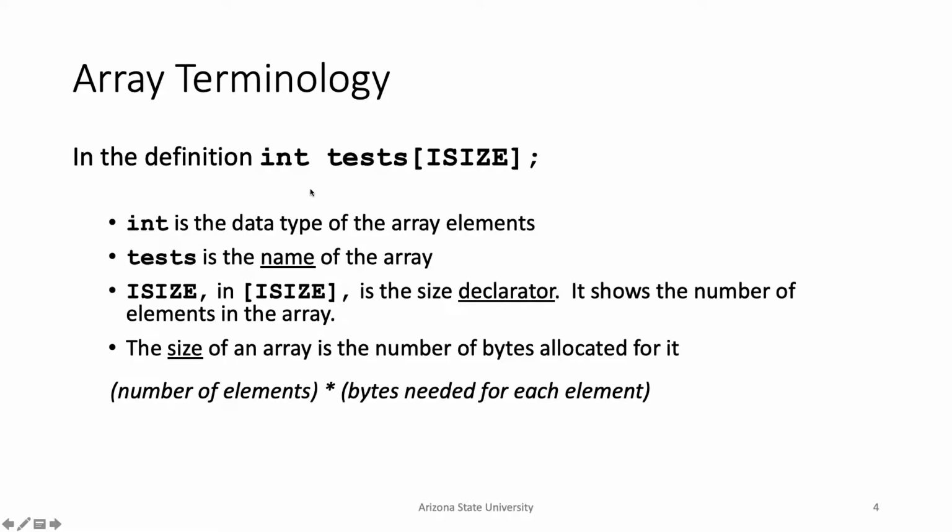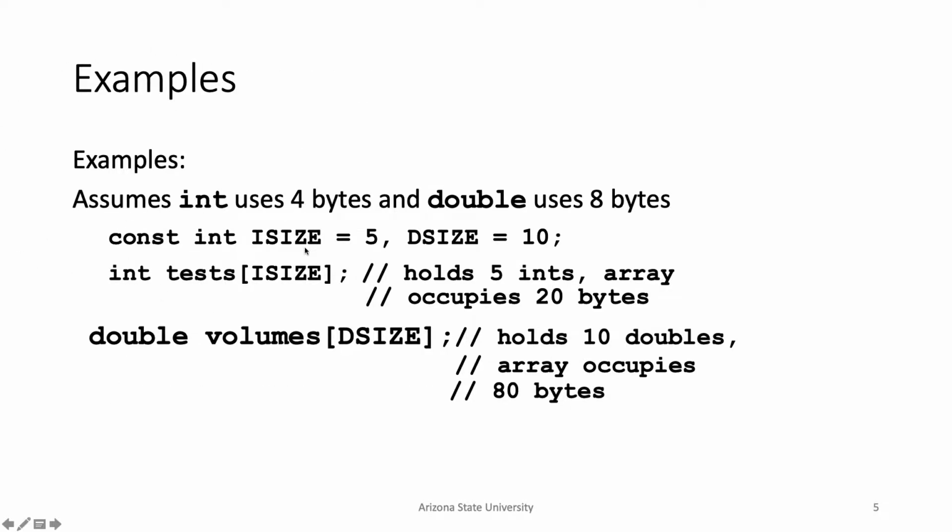So this is just some terminology. The type is at the front, as all variables we've seen have. Test is the name of the thing. Square brackets just say how many of this type are living in test. So here, the size was 5, so we have 5 integers there. And then the size of the array, although we won't really talk about this that much, is just the number of bytes that we allocate. So here, since int was 4 bytes, 32 bits, it's just the number of elements in the array times the number of bytes or bits that was needed. Okay? Some examples of this.